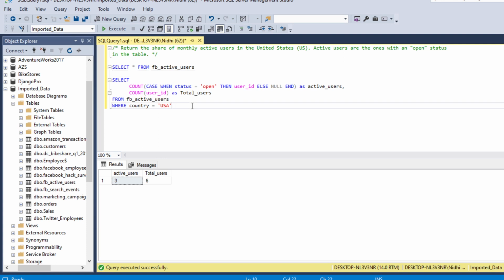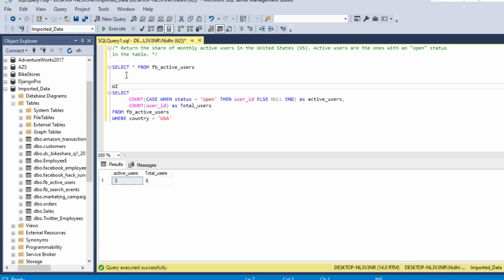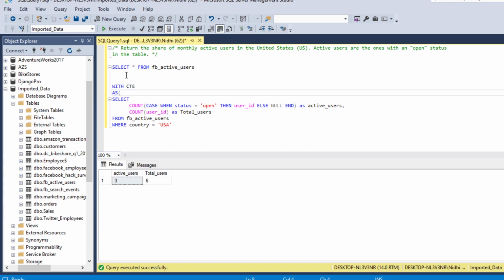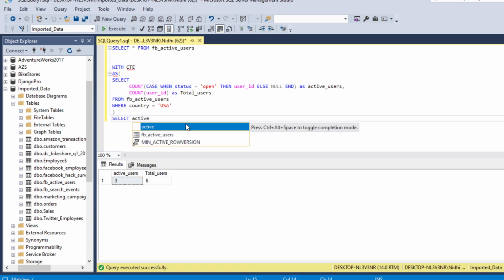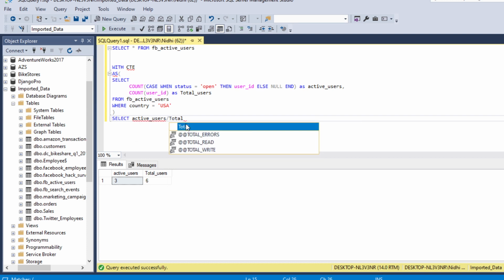Now in order to calculate the share, we have 3 methods. Either we can wrap this code in a CTE. So with CTE as, bracket open, then we close our bracket, and now we select from the CTE: select active users and divide it by total users.